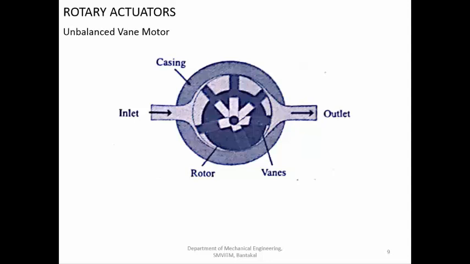So you will be having an inlet port and an outlet port to allow the fluid into the motor and to take the fluid out of the motor. So two connections are required. In the unbalanced vane motor, the disadvantage is that the bearing will be unevenly worn out. So there will be uneven loading on the bearings and the life of the bearing is less, which means you have to do periodic maintenance.